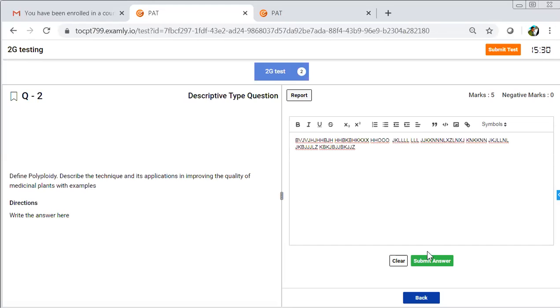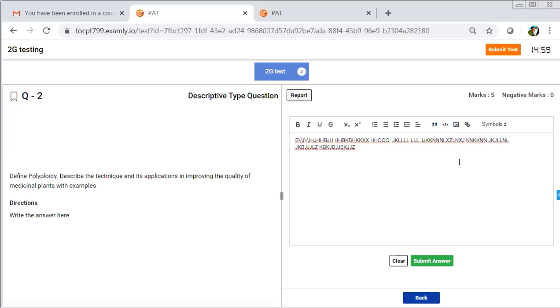Then you can use symbols also here. All symbols are given here. This is the icon to upload an image. PDF upload is not necessary. You can upload only JPG images, that is, click through mobile, or upload an image from the system.